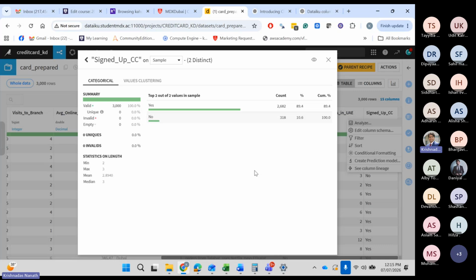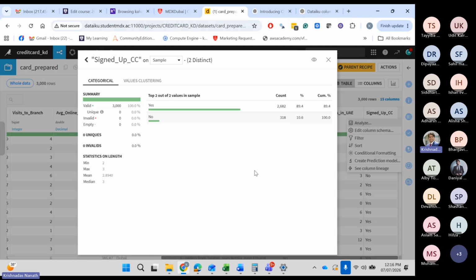Can't we do random sampling in this? Random sampling you can try, but as Utkarsh said, originally itself it is so low. So even in random sampling, very high chance that again your no would be really low. So percentage should still remain 80-20. So that's not a thing. The original sample, which means when I reduce the sample size here, can I make another data? And again, you can use a recipe where I retain the no's and then take probably half of this or maybe 40% of this and then make a data and then run the model on that. A lot of experiments can be done.